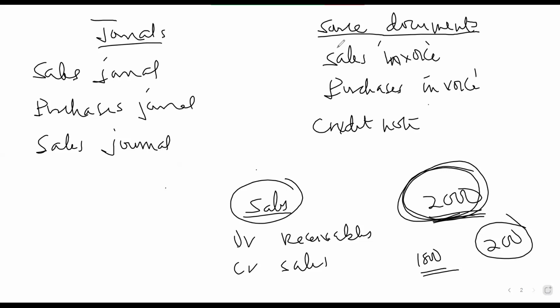But if it is the customer that is issuing the note to inform the company that we have returned the goods, then the customer is going to issue a different note. The customer is a debtor to the company, but the company is a creditor to the customer because the customer is owing the company. So the company will be having a credit balance with the customer. Whenever the customer returns the goods, the amount that the customer is owing the company will reduce.